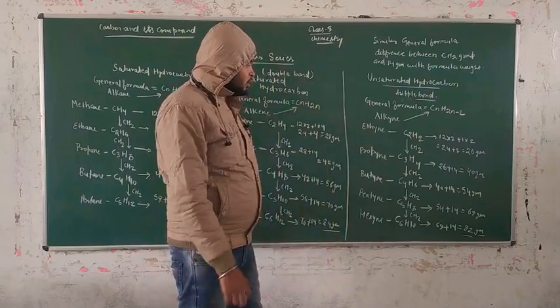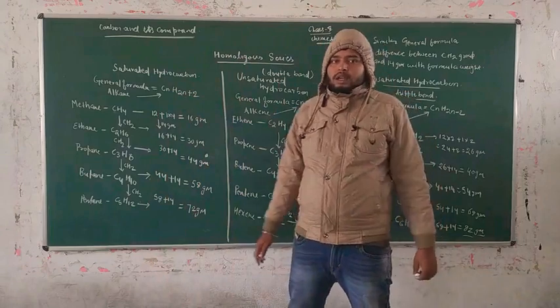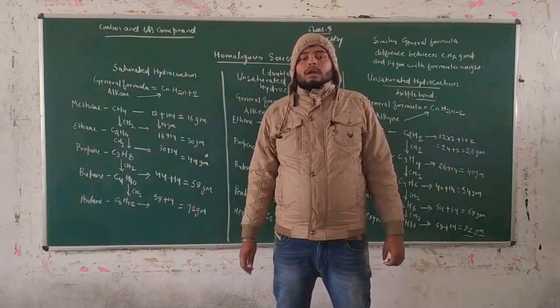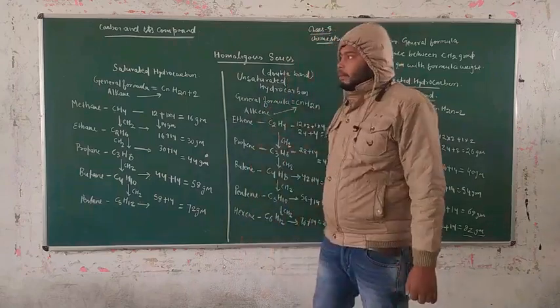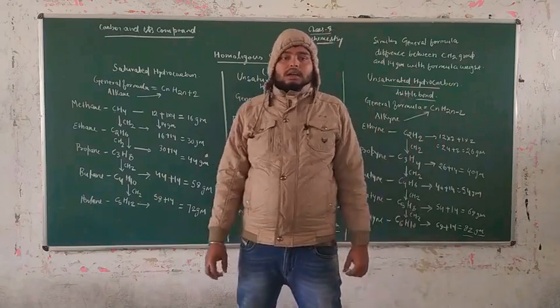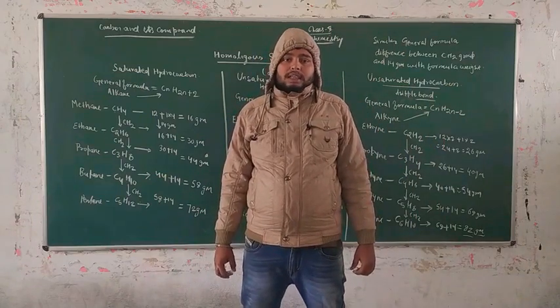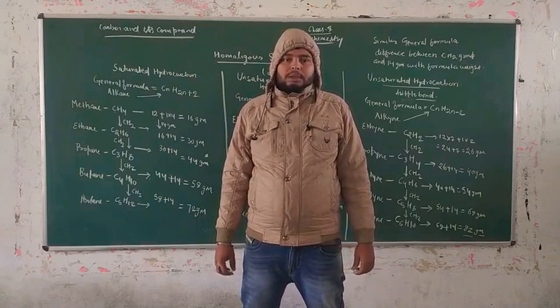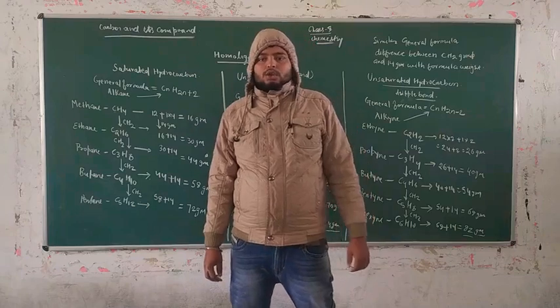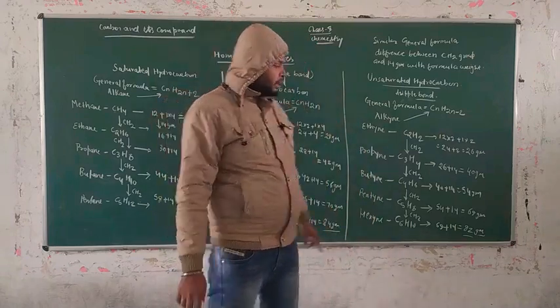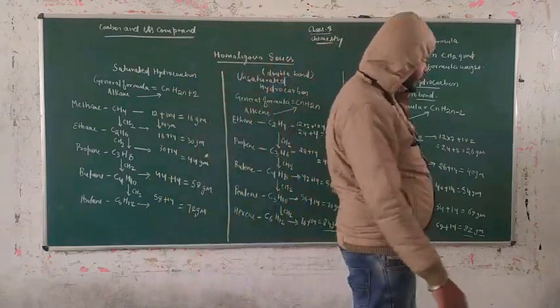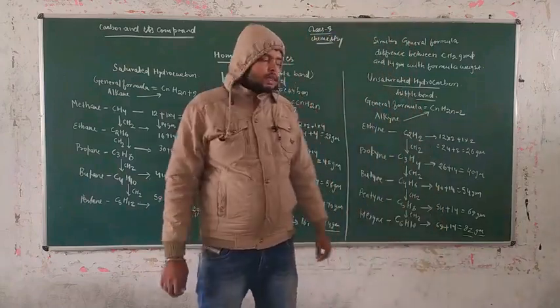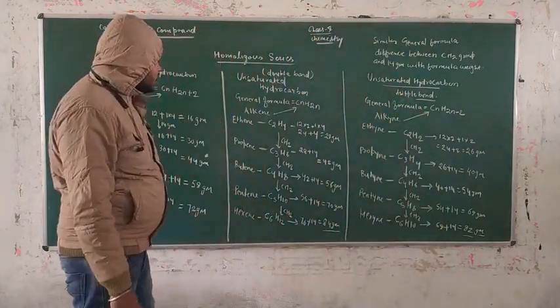So guys, in this section of the video, we studied the concept of homologous series. Our next video is going to be on the concept of isomerism. After that, we will complete this chapter, carbon and its compounds, and start the last chapter of your class 10th chemistry term 2, session 2021 to 22, which is periodic classification of elements. So guys, complete the notes of every topic. We will also solve many more questions on this topic after some time. That means today's session we discuss only this. You have to take a note of this.